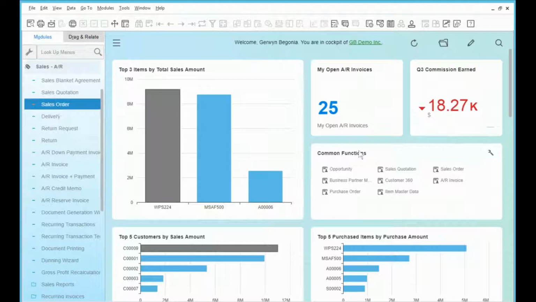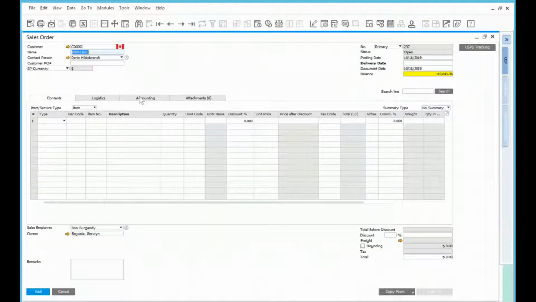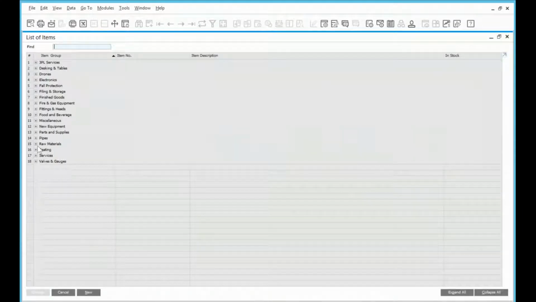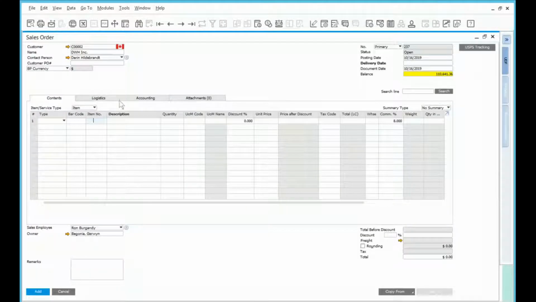So we're going to go back here to our sales order, and we're going to select our customer. Let's say DWH. And we're going to select our hose. Where was it? Oh, I know. A000. Our fiber cable, sorry. So here, and remember, under the unit of measure code field,